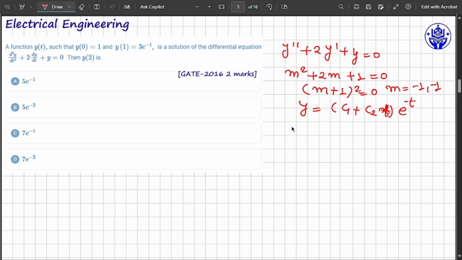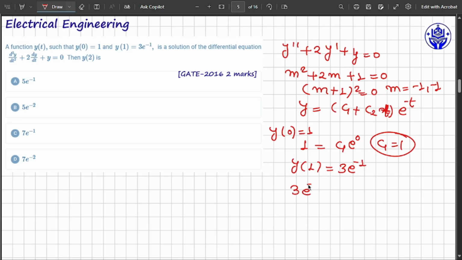So minus of t is there. If I put y0 equals 1, it will be 1, then c1 e to the power 0, so of course c1 is equals to 1 here. And again y1 is equals to 3 e to the power minus 1. It means it is basically 3 e to the power minus 1, and my c1 is 1, then 1 plus